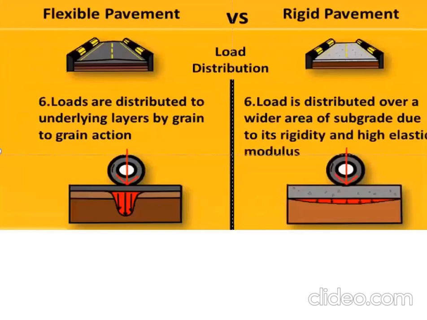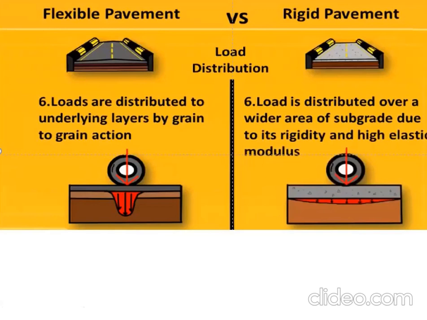The load distribution: there is always a stress bulb, as you can see here. This stress bulb is always for flexible pavement. It means you can see that the load stress is maximum here, and gradually when you go below it, the stress is minimum. The force is the same, right? The area is here, and as we go down, because of the thickness, this stress gets reduced. So we can say that the load transfer is gradual, and we need different layers to cater for stress.